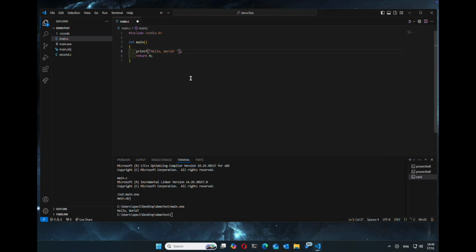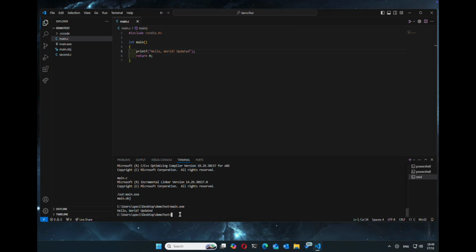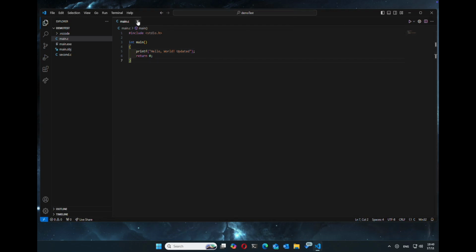We'll update our code. Save it. Remember to save it, and recompile it. So replace main.exe now. Run it again. There we go. From there, our editors are quite handy in that